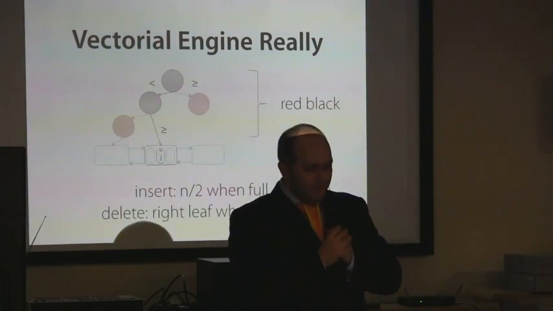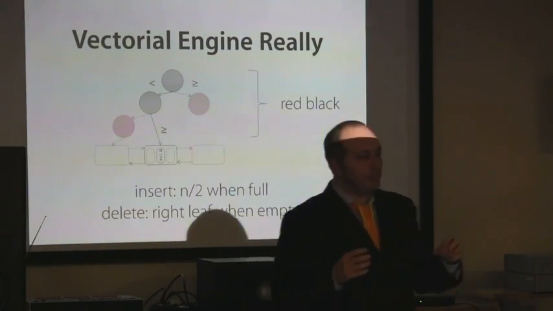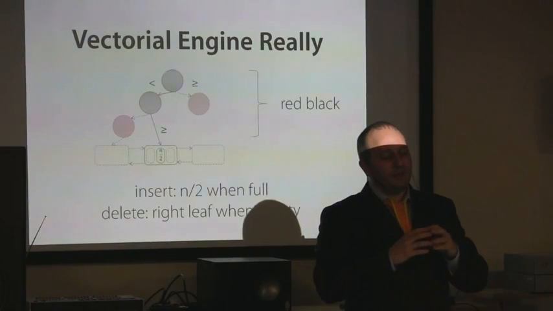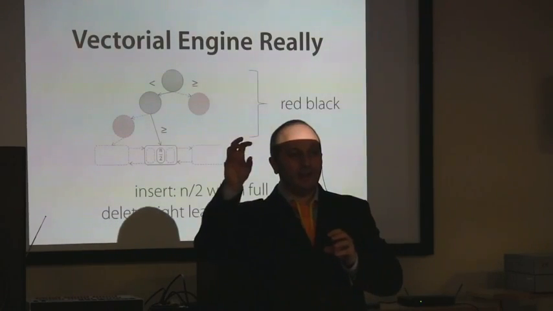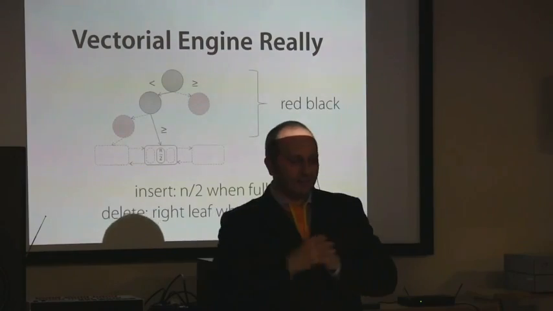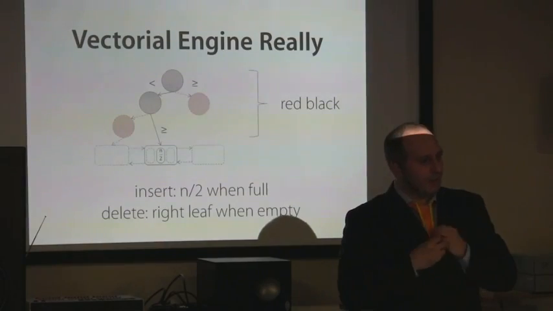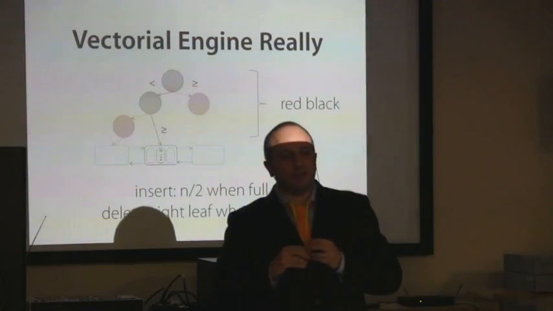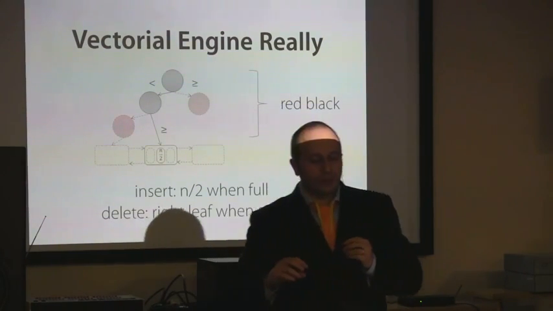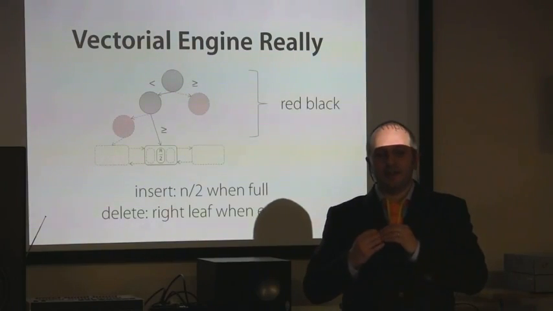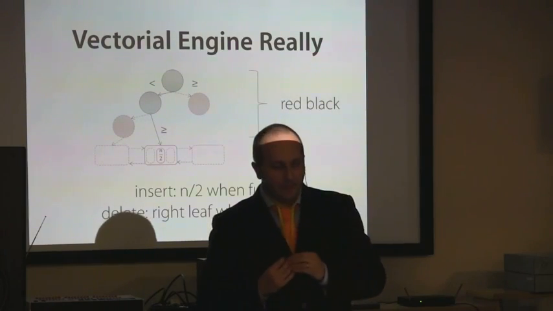There is a solution about this insertion in a convention paper. It's pretty easy. When a leaf is full, you can take the middle element and use it in your red-black tree, adding this element. They don't say why it's working. I tell you why it's working. Because it's adding a sort of right leaf. So each time you are splitting a node, you are just adding a right leaf.